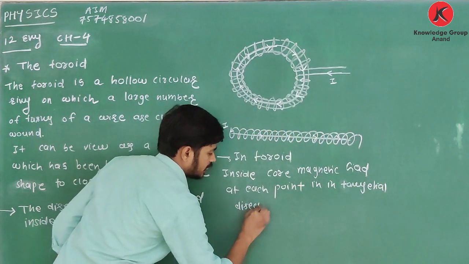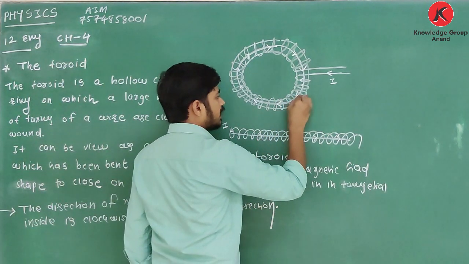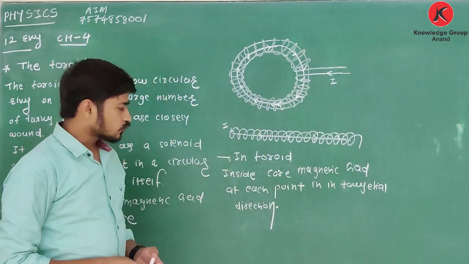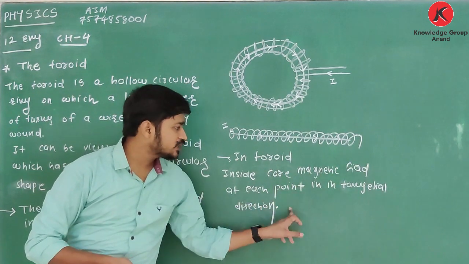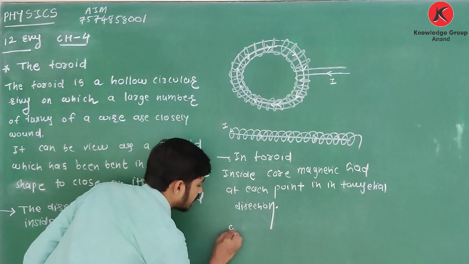Clear about this? It is in the tangential direction. At this point, the magnetic field is in the direction of the tangent. At this point, it is in the direction of the tangent. So in a toroid, inside the core, the magnetic field at each point is in the tangential direction, while outside the core,